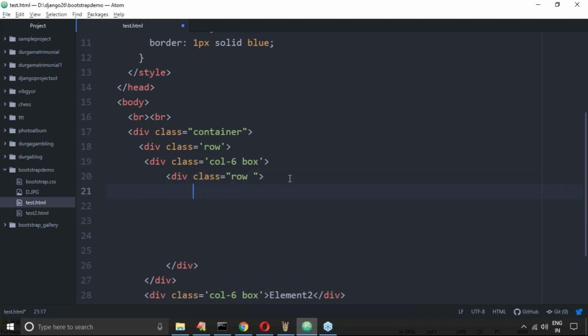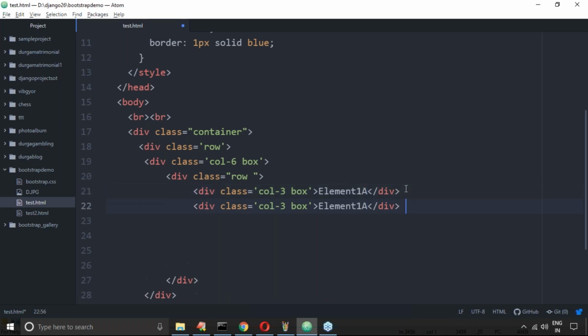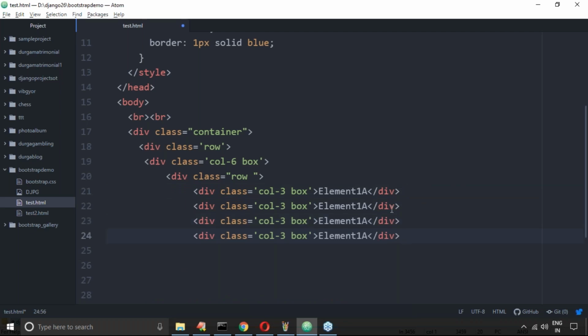Four elements. Column six, and here four elements means three each. Nested element one, or element one a, 1b, 1c, something like 1d. Assume that.